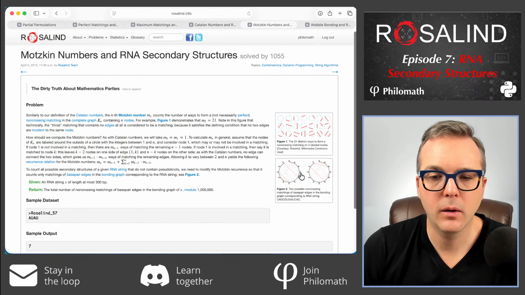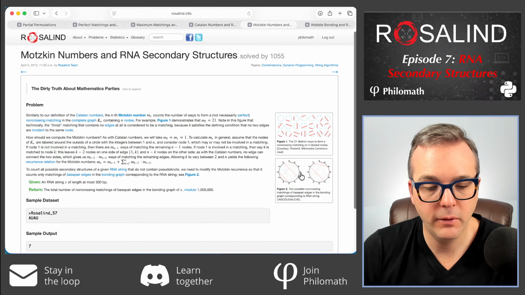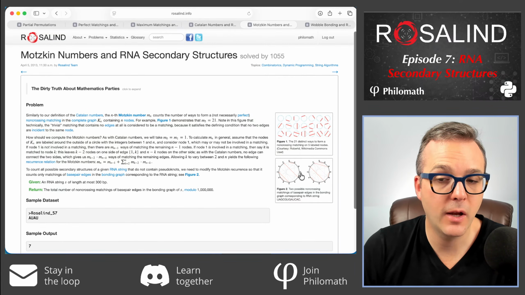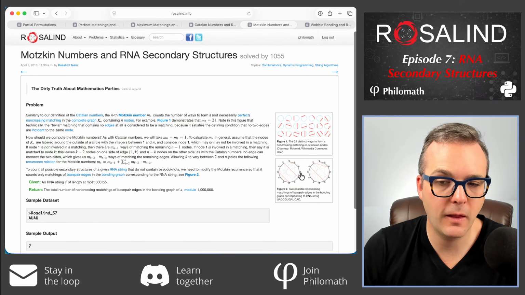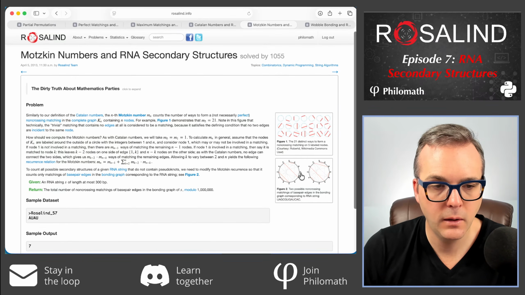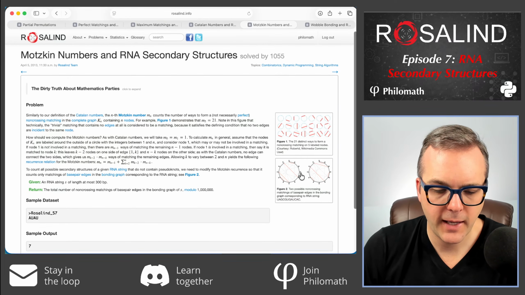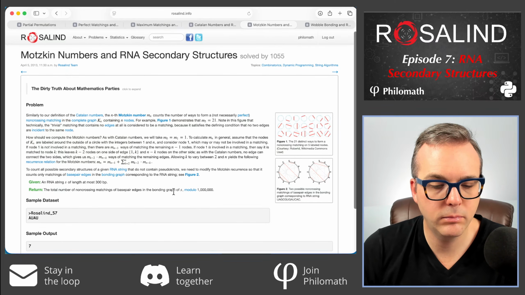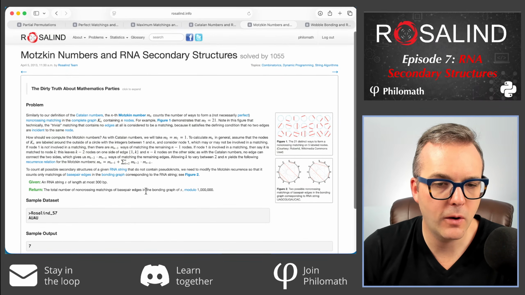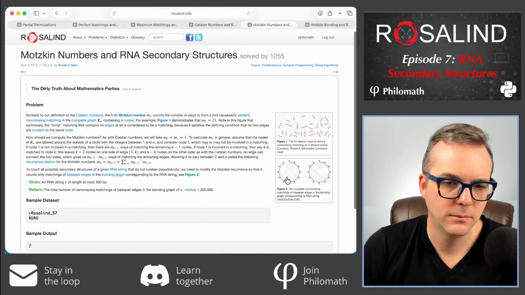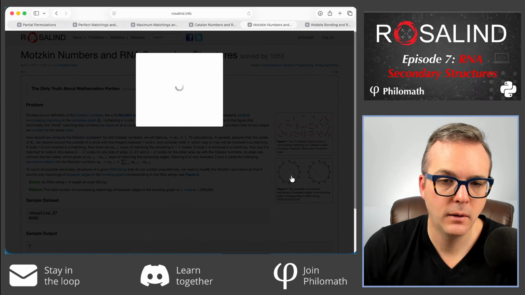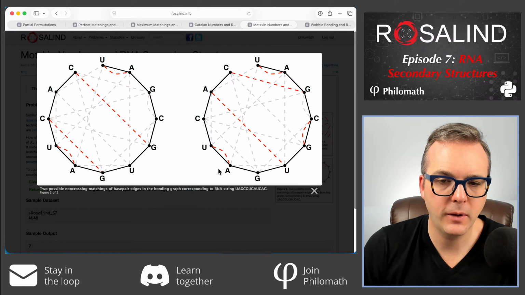So we want to generalize this a little bit, where we're going to allow ourselves to have non-crossing matchings. We're still going to demand that the matchings do not cross. But we're going to demand that these are all possible non-crossing matchings and not just perfect ones. So if we look at a particular example here,